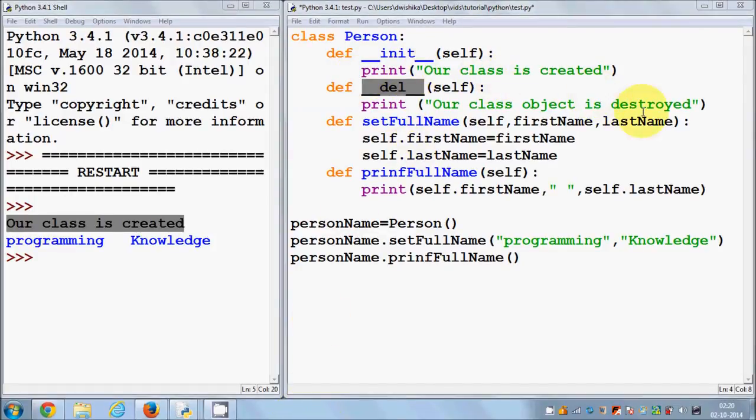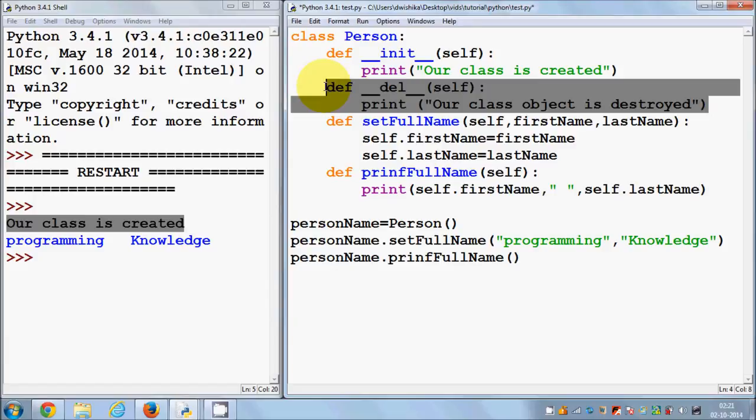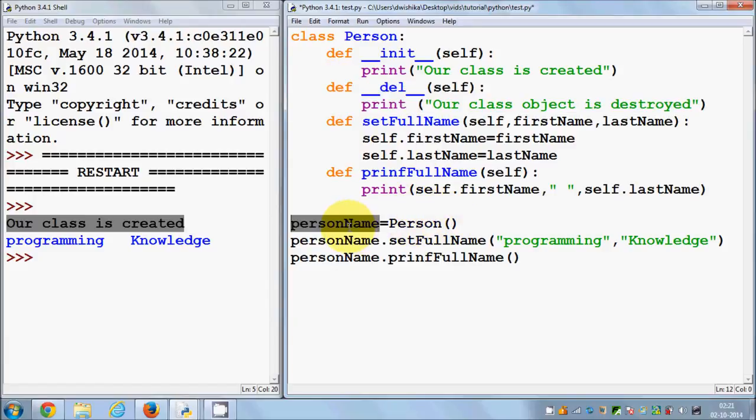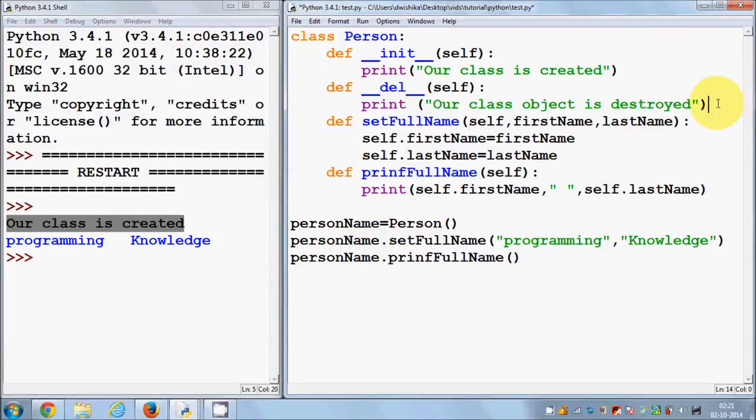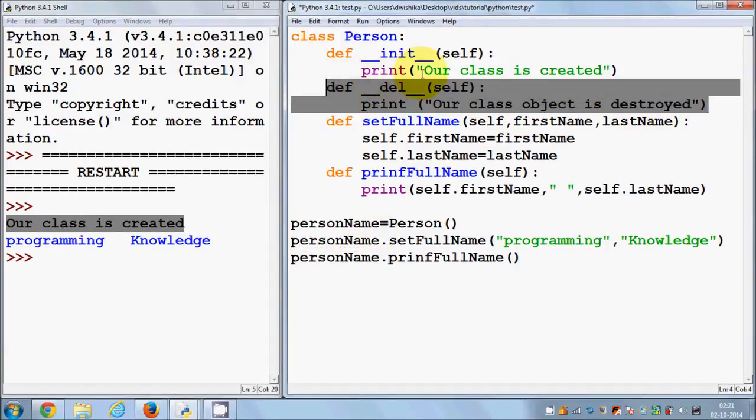And this function is also automatically called whenever your class or class instance goes out of scope. Out of scope means that this class instance is no longer used. So in here, after this code, our class instance scope is completed, because this is no longer used in further code, because there is no code, obviously, right? Then whenever this class or person name goes out of scope, this deletion member function will be called automatically, and